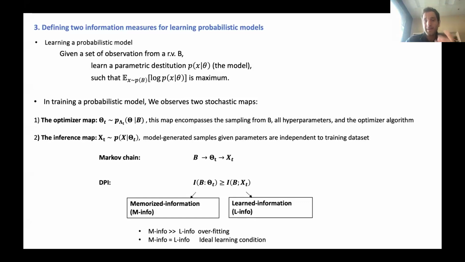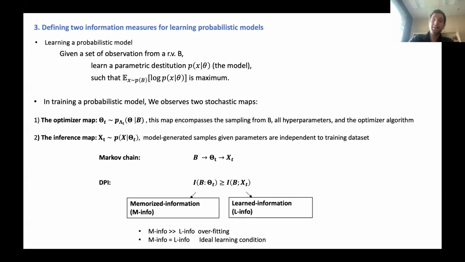So the left-hand side is the accumulation of information from the training data set, how much you learn from this chapter 6 or from your training data set. This is a measure of overfitting. If it's too large, you're overfitting. So you want to keep the left-hand side small. The right-hand side is your performance. You want to maximize this.